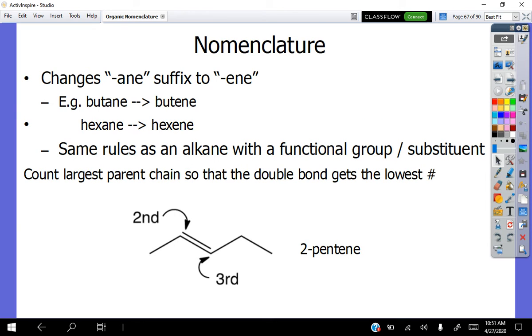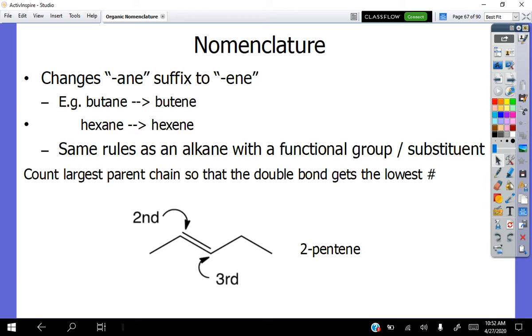For nomenclature rules, it's fairly similar. The ane suffix from alkane changes to an ene for alkene. So before, a 4-carbon chain would be butane. If there's a 4-carbon chain with a double bond in it, it would become butene. Same thing with hexane. If it is a 6-carbon chain, but it has a double bond, it goes from hexane to hexene. In terms of naming, the same rules as an alkane